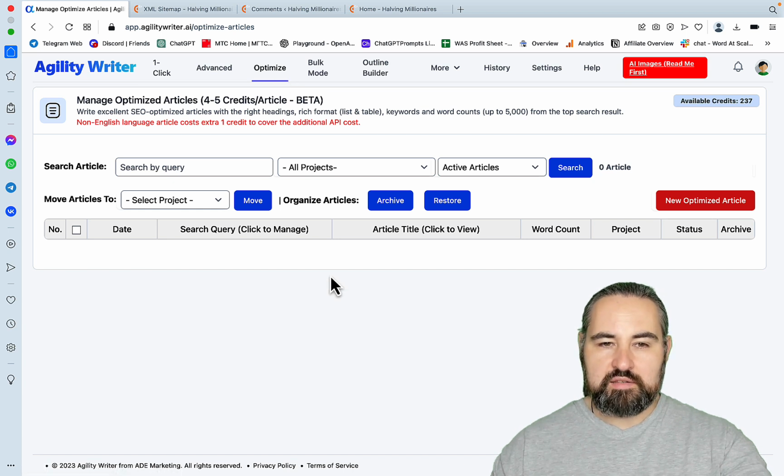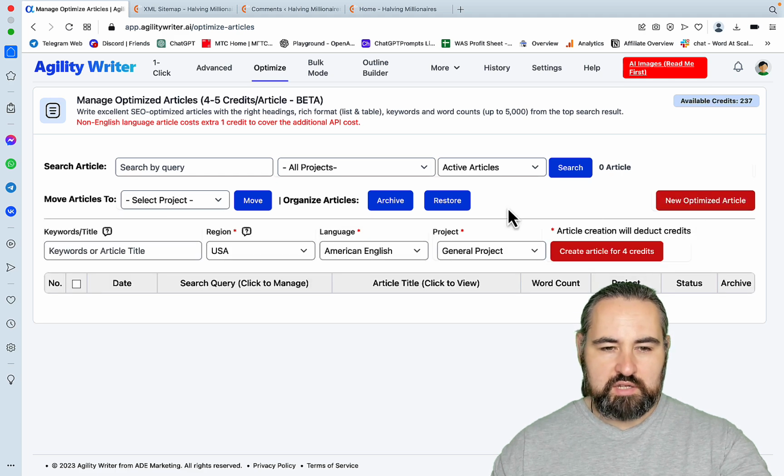Then let it sync, see the rankings in a couple of weeks, 2-3 weeks. And if you are still on page 3, 5, 10, whatever, go use Neuron Writer or Surfer SEO. But if you're on page 1 or 2, just let it be, let it sit. Because if you're over-optimizing everything, you lose any leverage for further optimization. So, okay, so the keyword in question, let's hit new optimized article, is